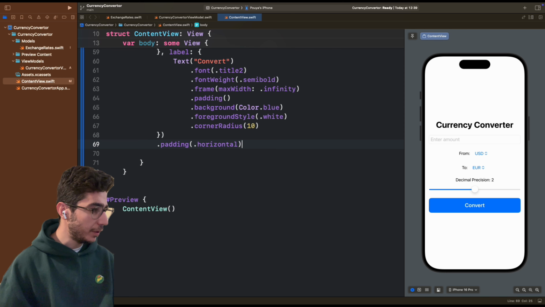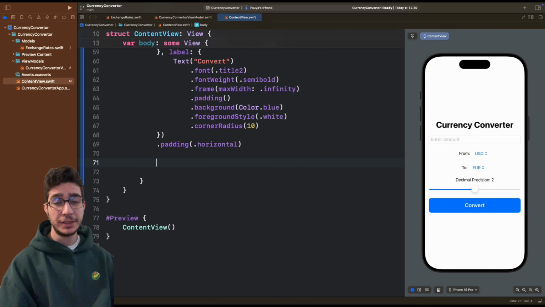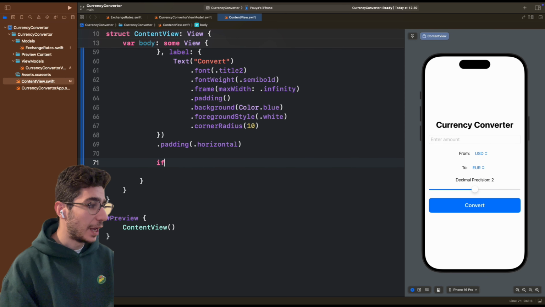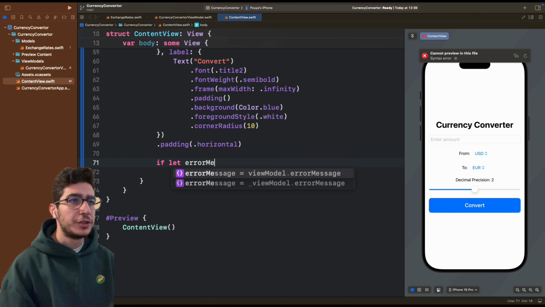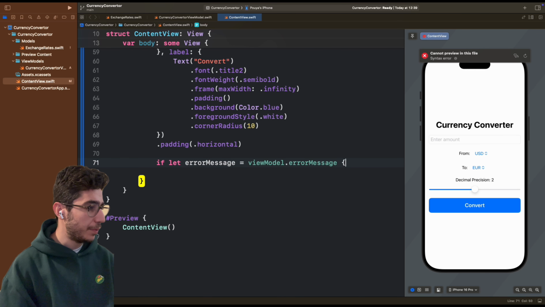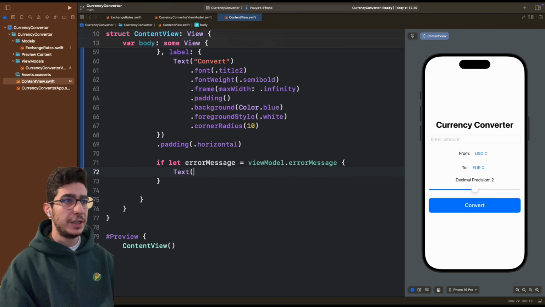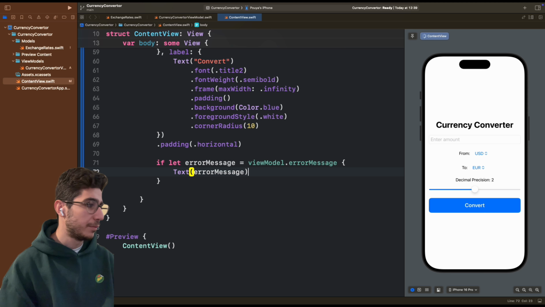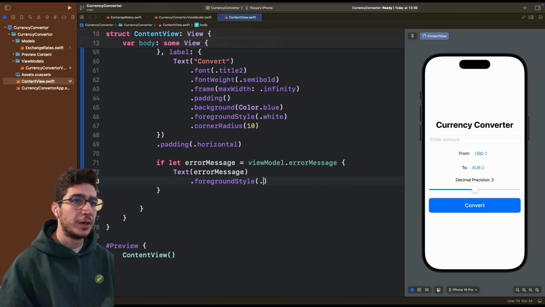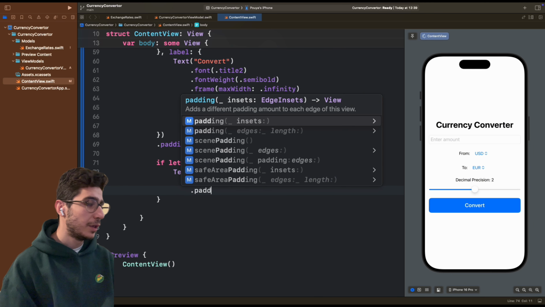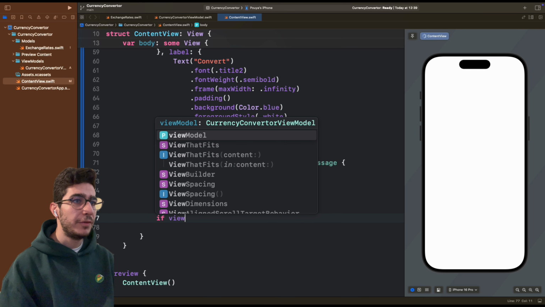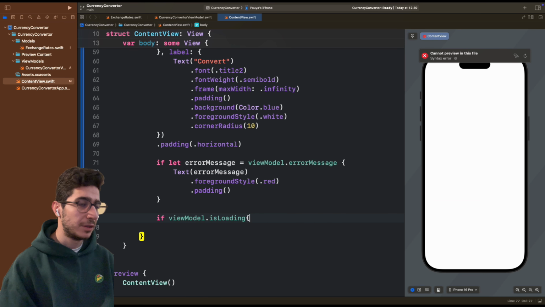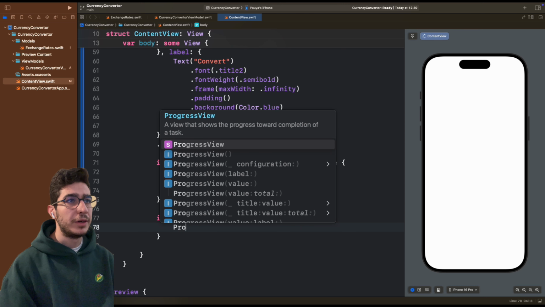Okay, we have it. So we want to show the error message if any error message has. So if let error message, yep, and we have a text for the error message, and the foreground style with dot red, and we have a padding for it, and then we have if view model dot is loading, progress view